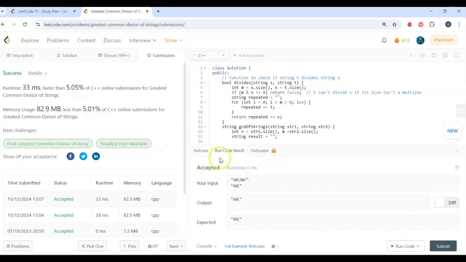So here the optimal approach would be, instead of checking all substrings, let's use the property of GCD to simplify this problem. So if there exists a greatest common divisor string x, it must be a prefix of both string 1 and string 2, and it should divide both strings entirely. So we can use the Euclidean algorithm for strings to find the GCD of two strings. So if str1 plus str2 is equal to str2 plus str1, this means that both strings can be formed by repeating the same substring. So for example here,